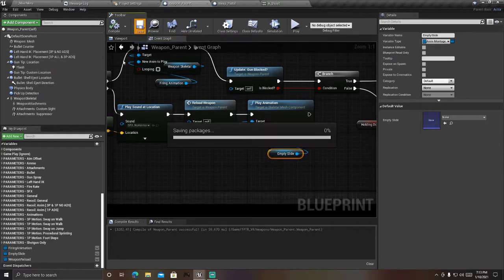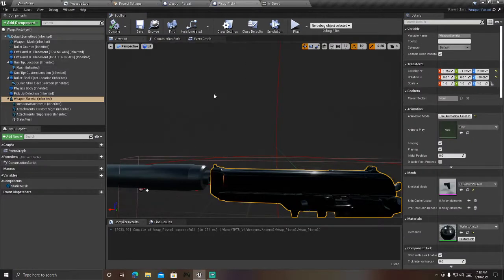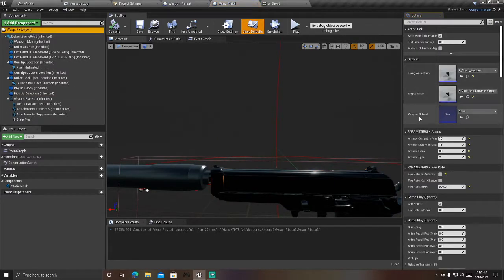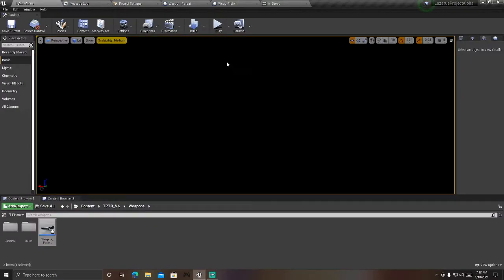Then you compile and save, and then you go into the weapon and pick where the animation that you're going to use is, and you set up your firing montage at the top or bottom, wherever it says. It depends on how you name it. And then you have your second one there, and then once you go into the game,